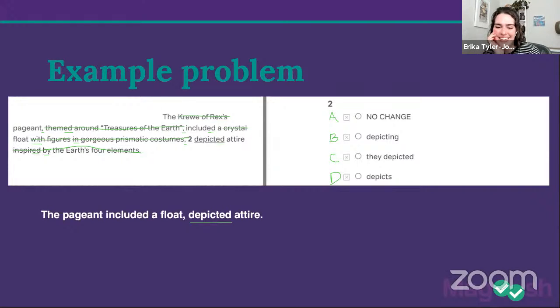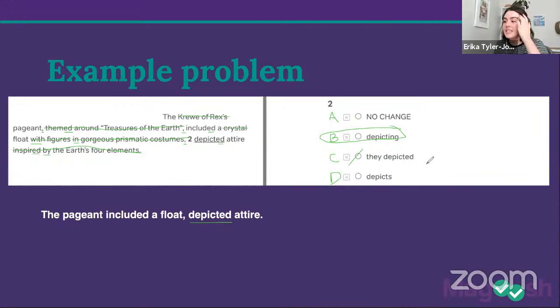All right, answers are looking really good. We can give it a little bit longer to put answers in, but we can go ahead and close it on up. Because now we are seeing that the majority of answers, like 75% of answers, are B, which is the correct answer, depicting. So right away, we should be able to rule out some of the more aggressively wrong answer choices. Not a ton of people picked they depicted.